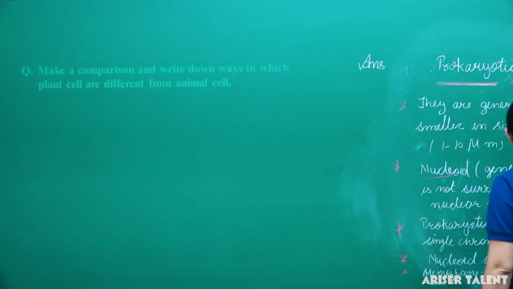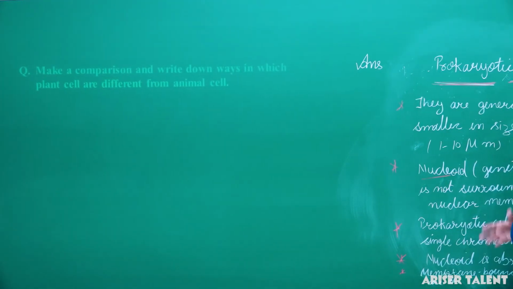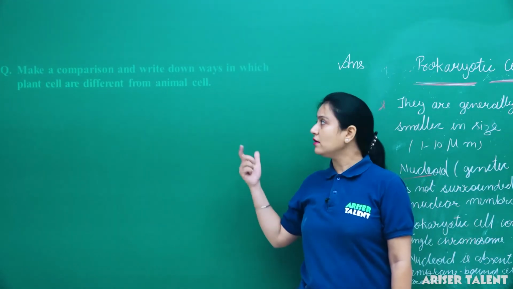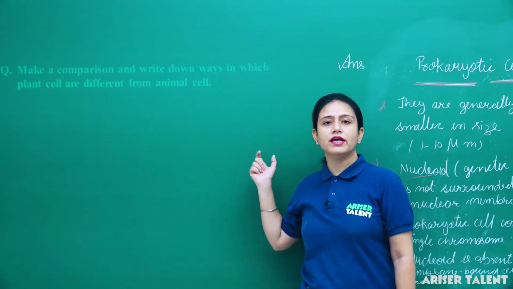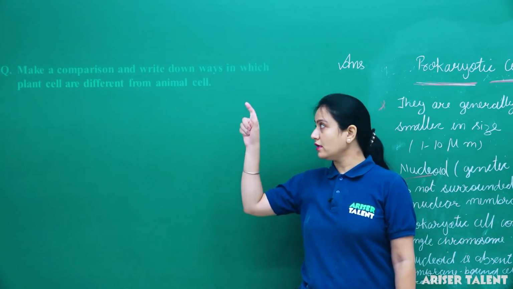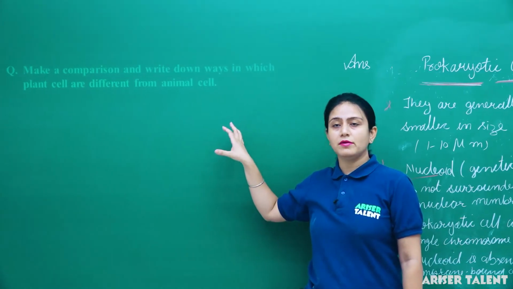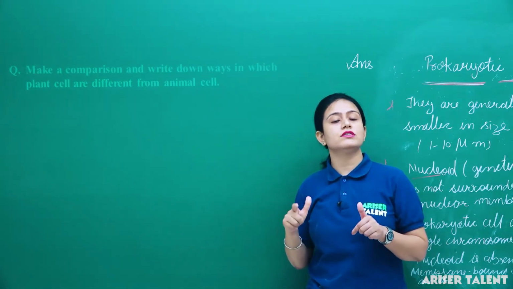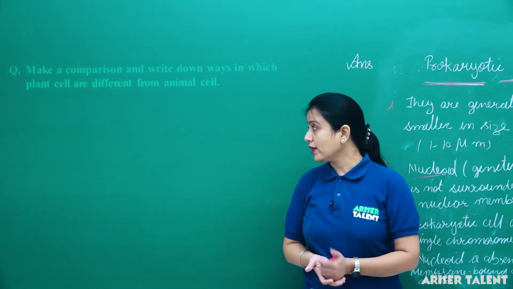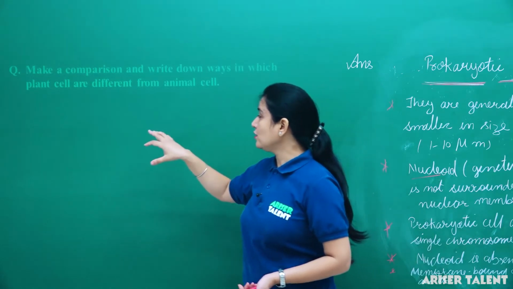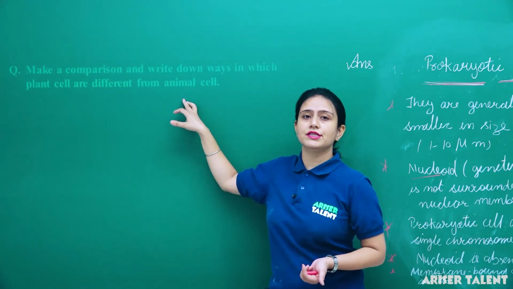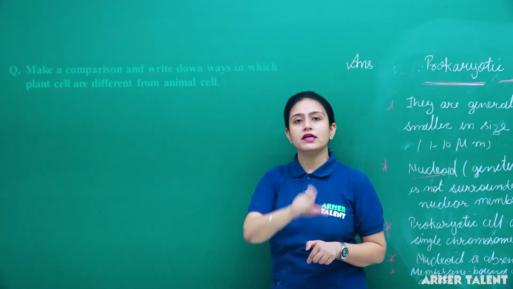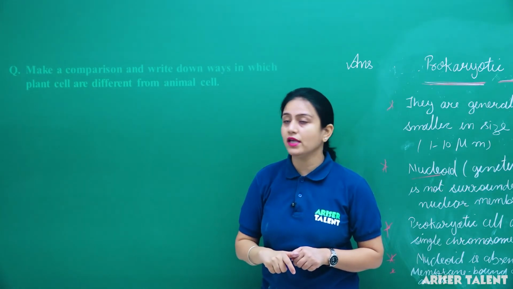So as we know, if we talk about the plant cell, generally plant cell has a cell wall, but this animal cell does not have a cell wall, because generally it has only a plasma membrane. And the plant cell has a cell wall which is rigid in nature. Okay, and if we talk about the vacuole, then small vacuoles are present in the animal cell, but in the plant cell a central large vacuole is found.